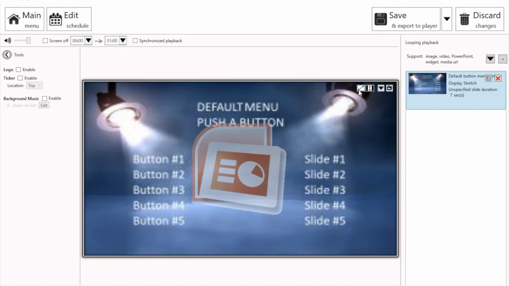So when you turn on the Video Messenger, this is what's going to stay up there until somebody presses a button. Okay. In this case, I just said, okay, button number 1, slide number 1. But that could be button number 1, our special red wine from Tuscany, and it'll show a video, or it'll show a PowerPoint presentation about it. Okay, so that being done, now I can go back to the edit schedule,